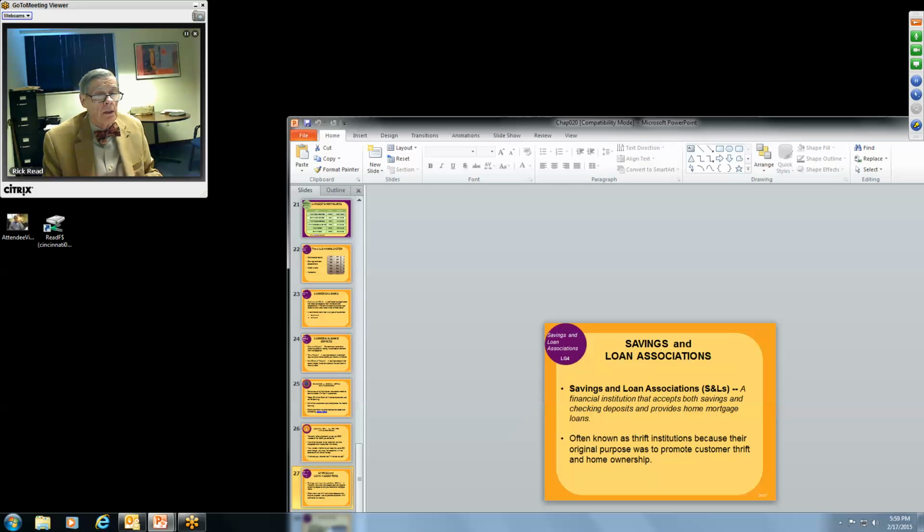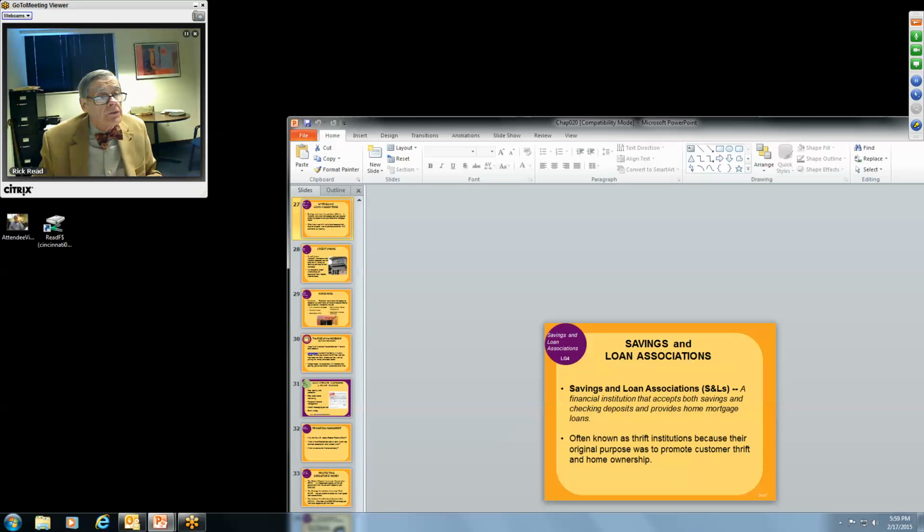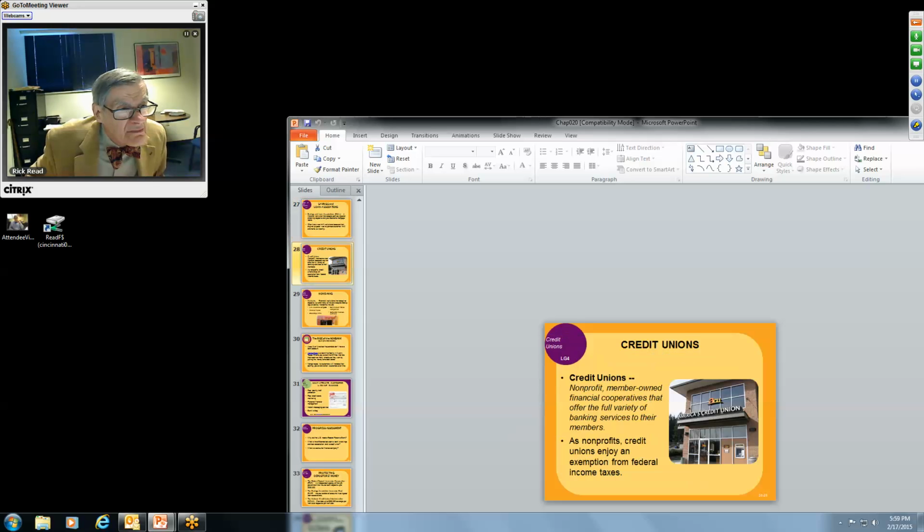And the second bullet there just made some more of my points. Credit unions, they are banking institutions. They are not set up for profit. By the way, a savings and loan is in business to make a profit. They are not in business to make a profit. They are owned by their members.